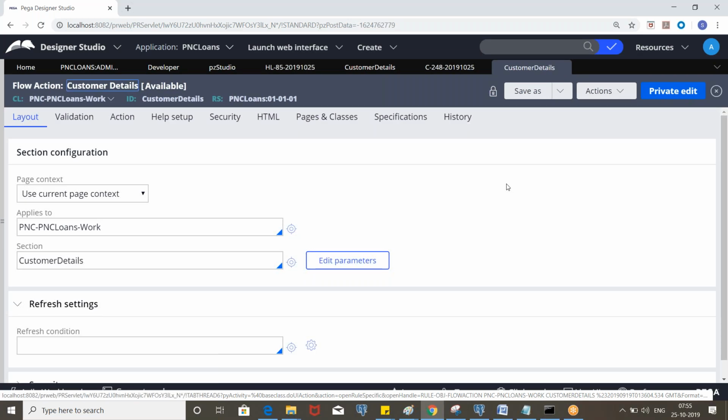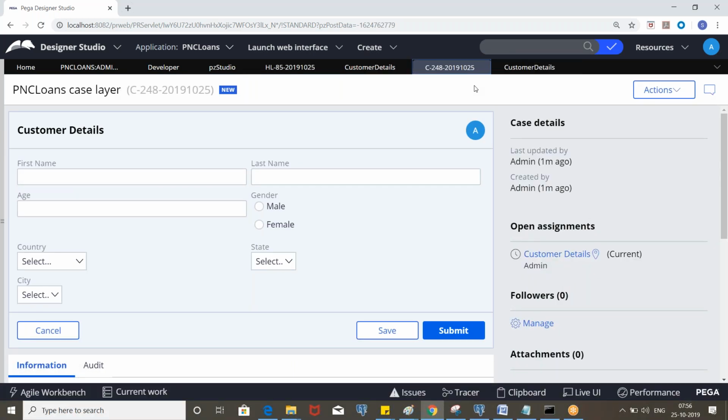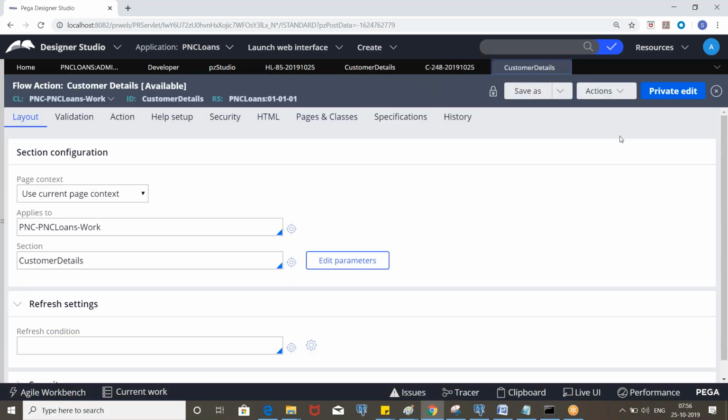This is the runtime rule, which is invoked. Let's say this flow action is available in multiple versions, for example 01, 02, 03. If 02 or 03 are not available, those will not be picked.